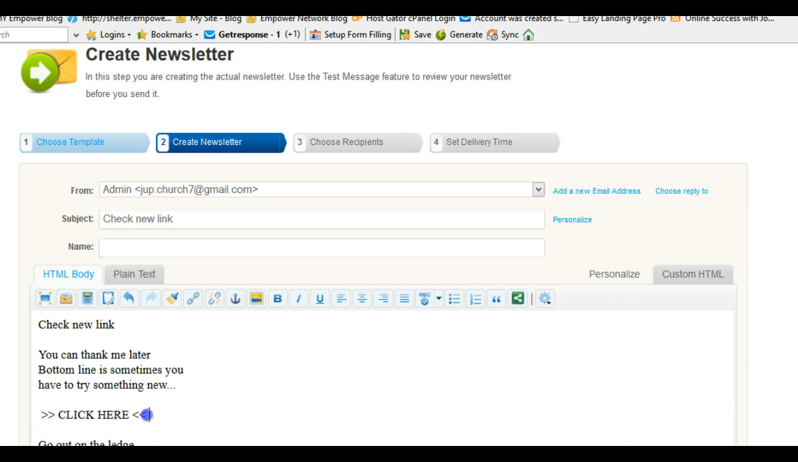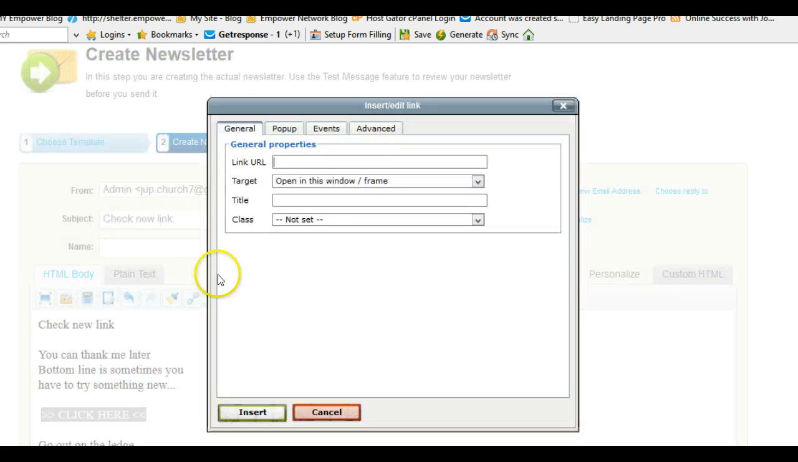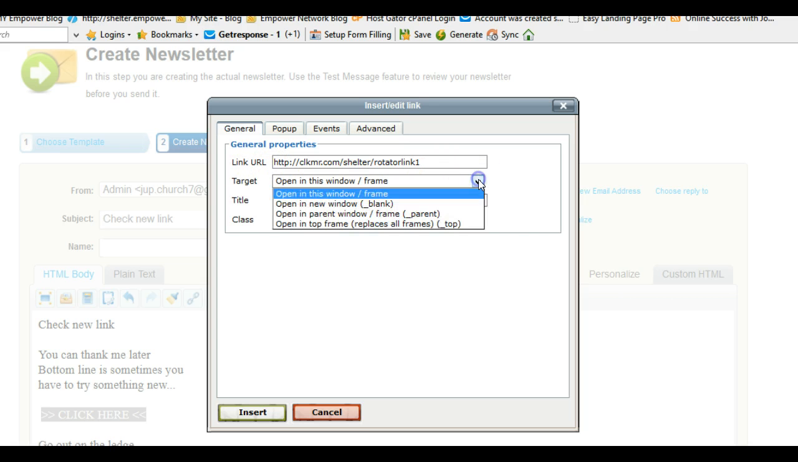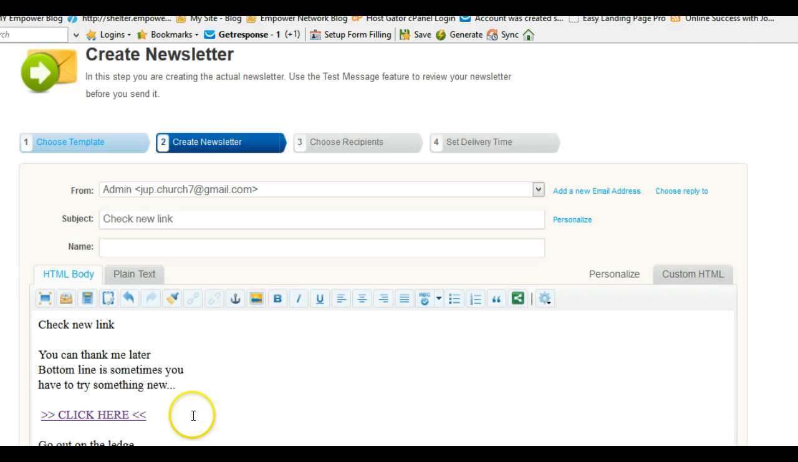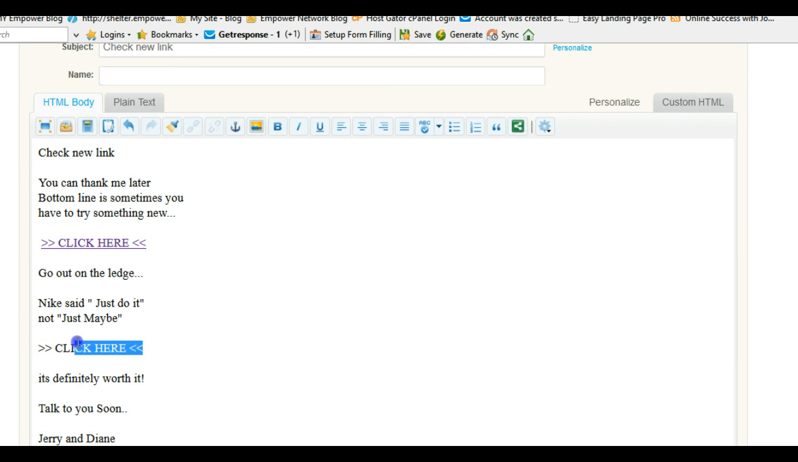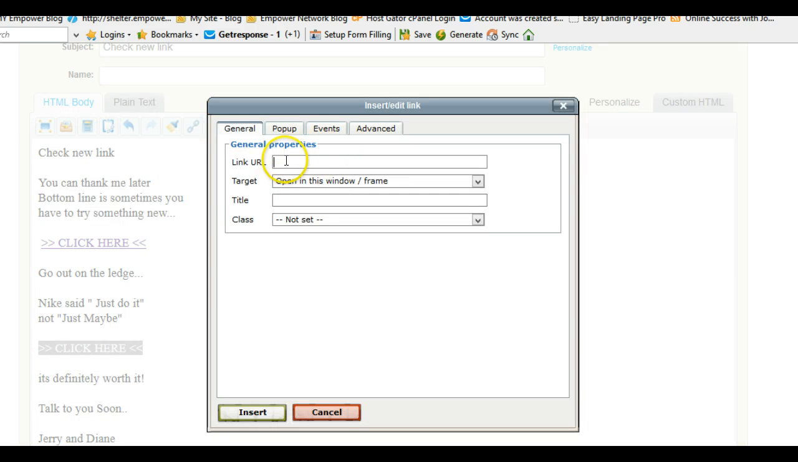Now I know Sherry takes all of these out. She doesn't like these, but I'm going to just leave it like it is just for this test. Click on here, get my Rotator link, and I always do this target too. I'll take this target to open in a new window so they don't lose the page that they're on when they click. So this will click to a new window, and I kind of like having multiple links in there too. I think Sherry likes to go with the one link, but